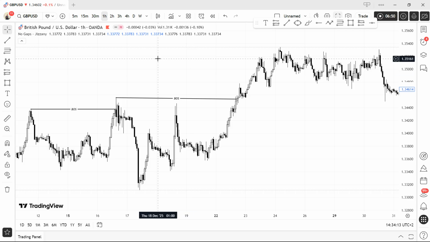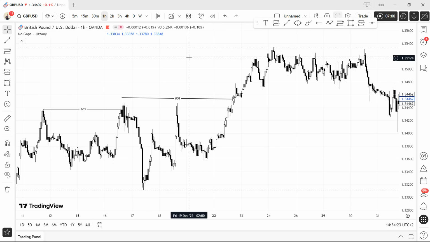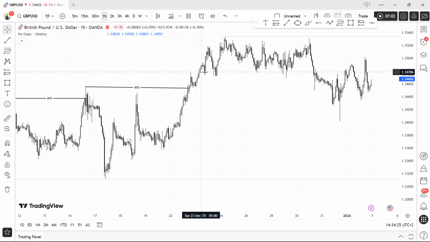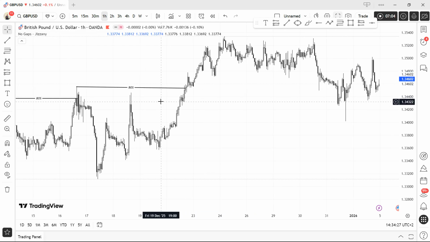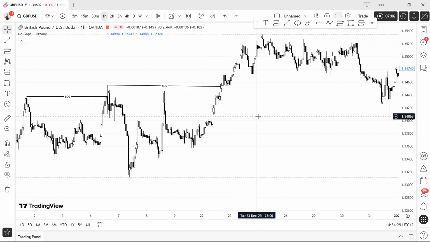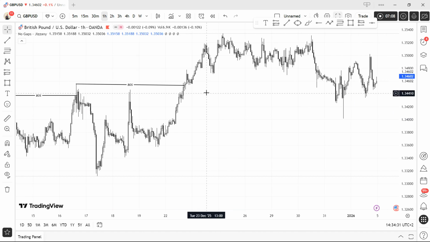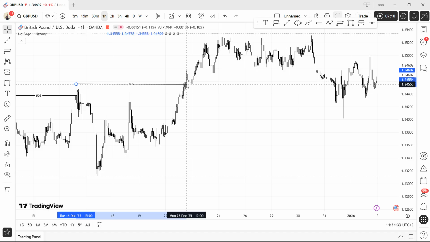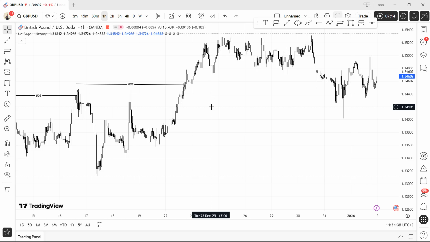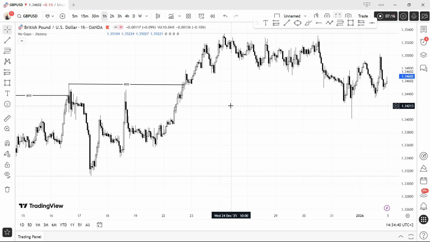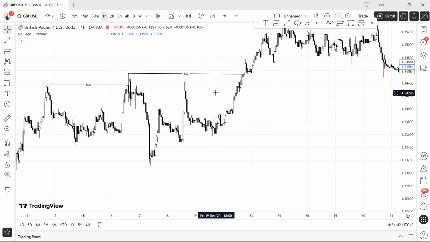So now we want to see the area which is most likely to be the entry area where we can set our buy limit. Today is Sunday, and the market will open on Monday tomorrow. After we have analyzed, we will wait for the price to play out on Monday so that we can see if the trade will move away. So after this break of structure,